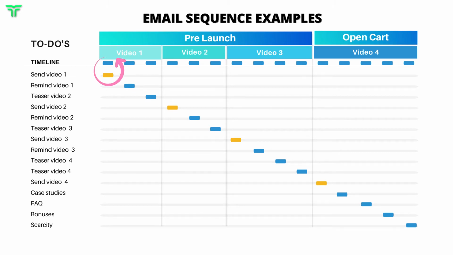Hey, this is an amazing video. Oh, did you miss such and such a thing in that video? Go check it out. Oh, here's another great video for you. It's the second in our series of 4 videos. Oh, did you see that really cool thing in that video too? Oh, I've got a great new video for you. And then here, hey, you know what? The 4th video is coming, and I'm going to open up our program, and you're going to be able to enroll. And then, hey, it's open, and oh boy, it's flying off the shelf.